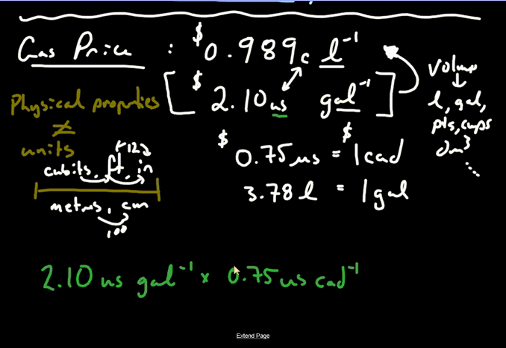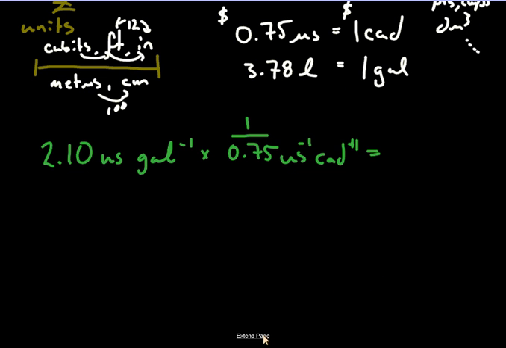Costs you more, well, we have to divide by the decimal to get a higher amount. What we have to do is we have to invert our signs, just like we've been doing. What that will do, take 2.10 and divide it by 0.75, we'll simply convert the US value into Canadian dollars. So that gives us 2.80 Canadian per gallon. Okay, so now we're going to take that, 2.80 Canadian, we've converted the dollar amount over to our